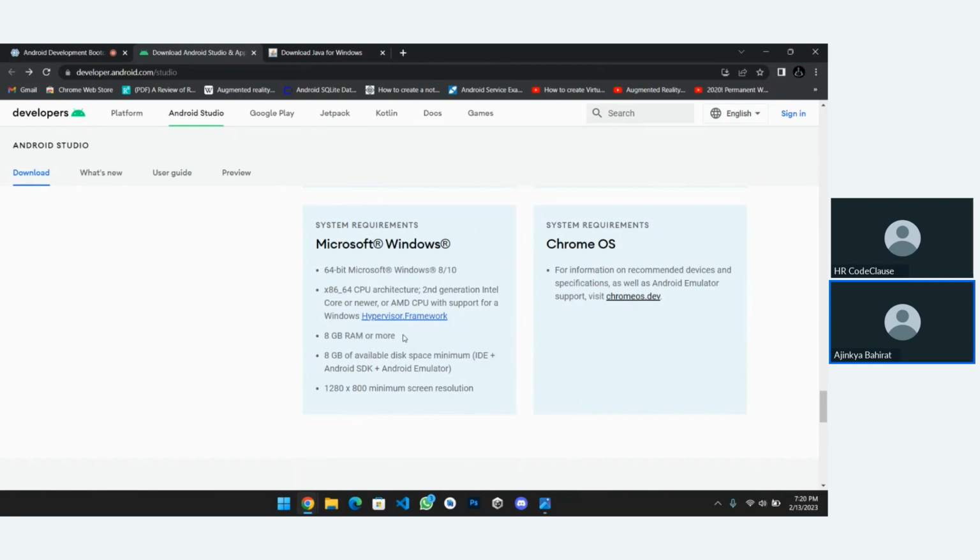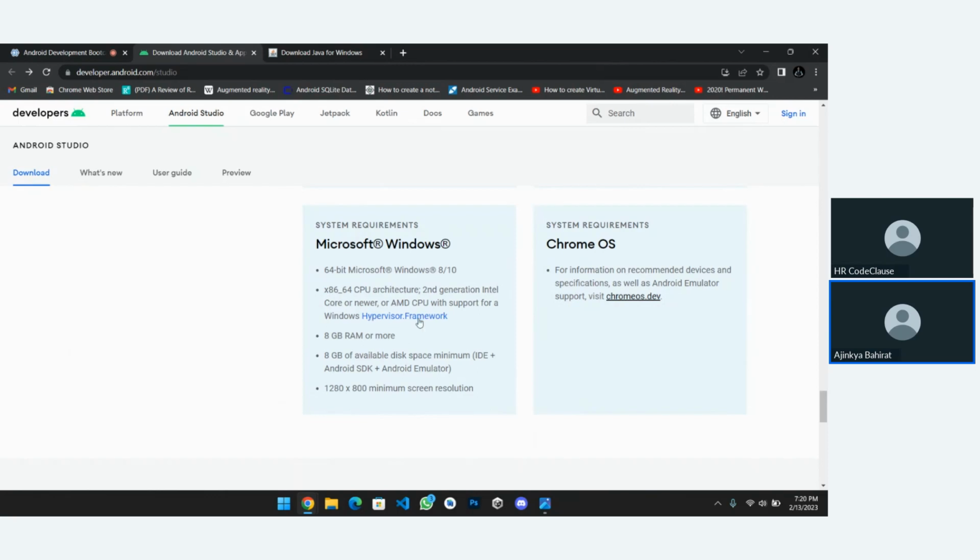If you go with the older version, it will say 4 GB minimum RAM. Why is 8 GB required? Because the whole development does not depend on the processor. It totally depends on your storage and RAM. So that's why 8 GB of RAM. But I would suggest if you have higher RAM, then install the latest version, as it supports multiple different features.